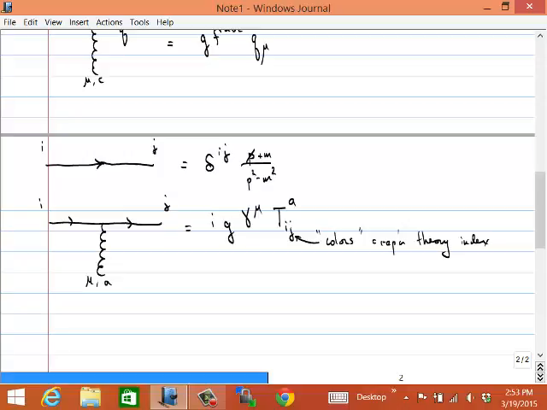And then by the end of the semester, we'll have about 2 weeks when we can discuss in a little bit more detail what the motivation is behind the particular matter content of the standard model that we observe in nature. Okay. Good. So we'll get some understanding for why we have three generations, so we have three colors, and, well, I don't know how much detail I'll get into, but we'll try and develop a little bit of understanding for how the matter content of the standard model is constrained. So for example, next week, Guy is going to give you a lecture on anomalies. That's one of the most powerful ways we have of understanding why the matter content of the standard model has